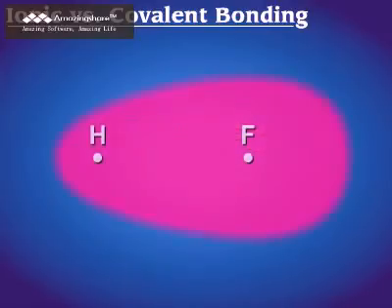In this bond, fluorine has a greater attraction for the electrons in the bond, a greater electronegativity. Because the electrons spend more time near the fluorine atom, the electron density shifts toward fluorine. The result is a greater electron density near fluorine, a partial negative charge, and a correspondingly lower electron density near hydrogen, a partial positive charge. This type of bond, where bonding electrons are unequal,